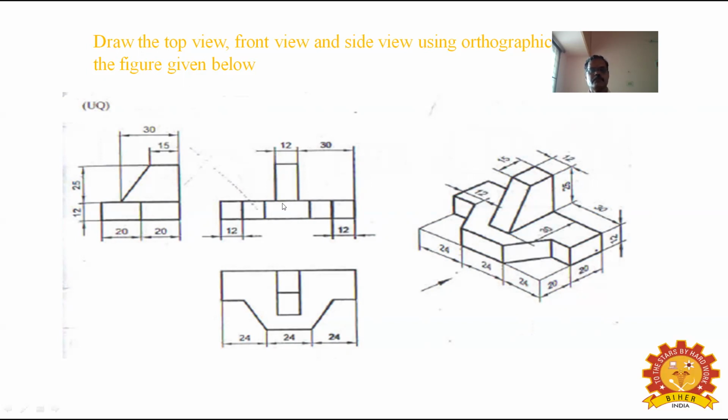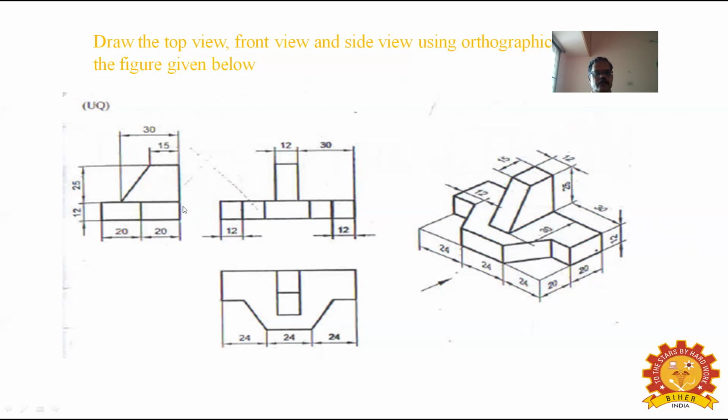After completing this rib, you have to draw the side view. In the side view, only the right hand side view is visible, and you have to draw it on the left hand side. The total length is given as 40 by 12. The first 20 is a flat portion. You can see it in the side view. The first part is flat, and the second 20 is the inclined portion. That's why it is divided into two rectangles here.